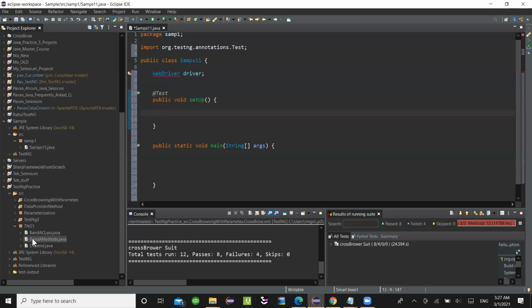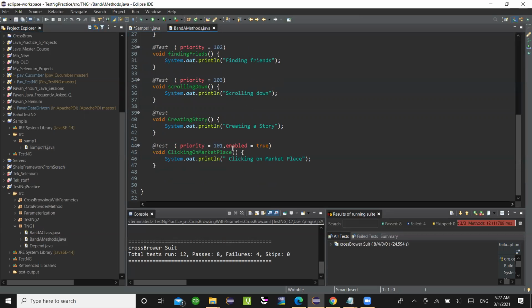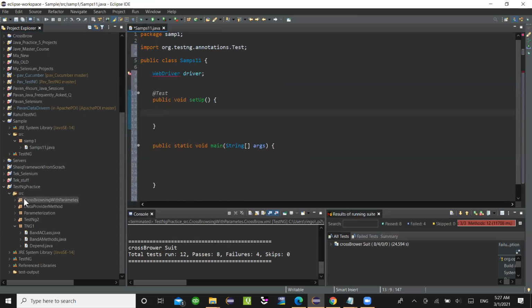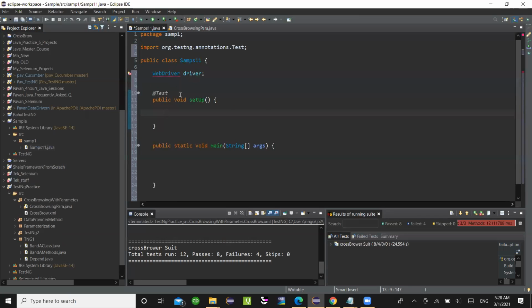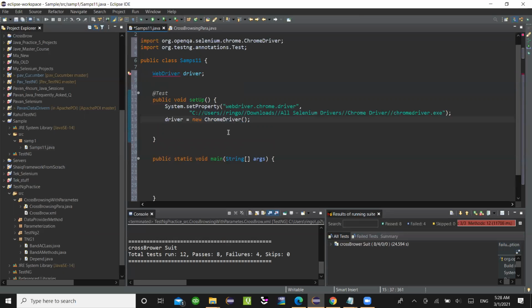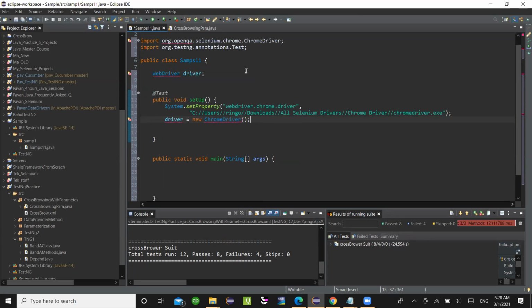Let's see, if I come here, and then if I copy, we don't have anything to copy. If I want to copy these and put them here, it's not going to work because it doesn't have the Selenium library in it. It doesn't give me the option to import because it doesn't have the Selenium jar